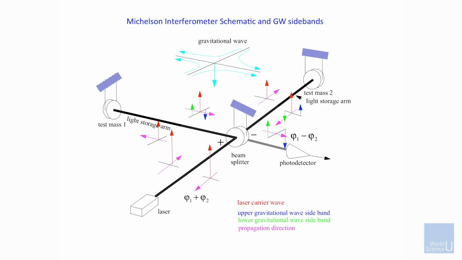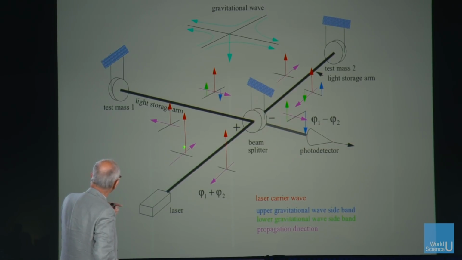So here is the carrier. This is the light that's coming out of the laser, this big red thing. That's the amount of light. And it comes into the interferometer and hits this mirror. And you can see that the propagation direction is the purple stuff. And when it goes down this way, coming out of the laser, there's only the carrier. Once it hits the mirror, or has gone through this space, but let's say it hits the mirror, that's an easier way to think about it, it comes back from the mirror, and it has two sidebands on it.